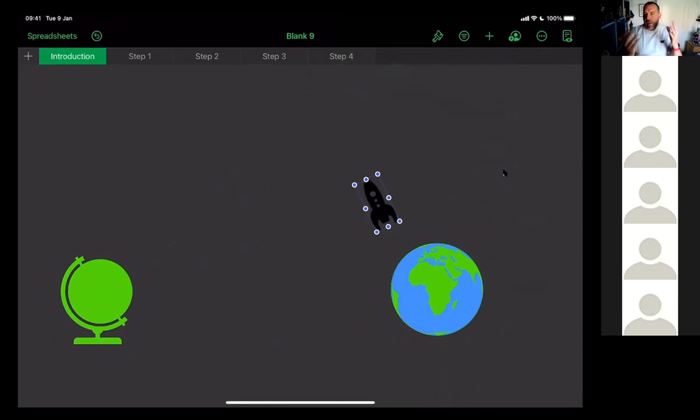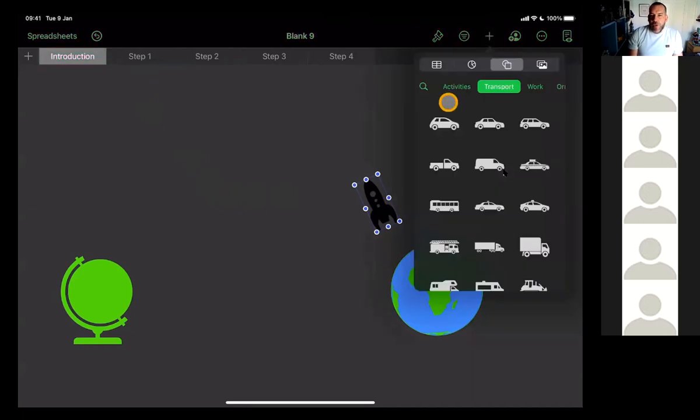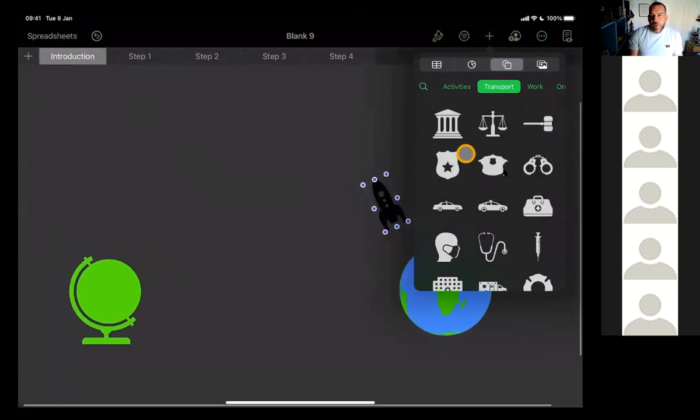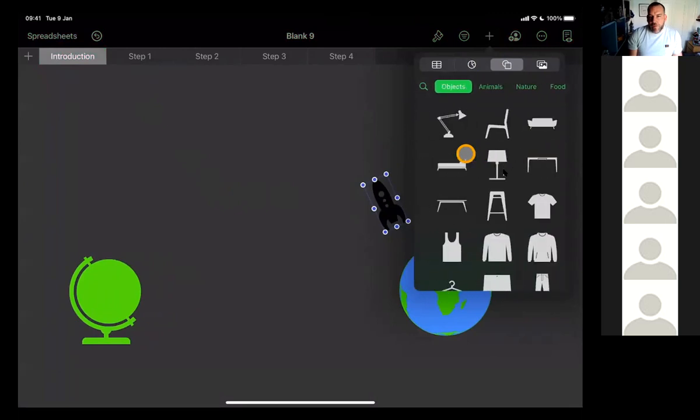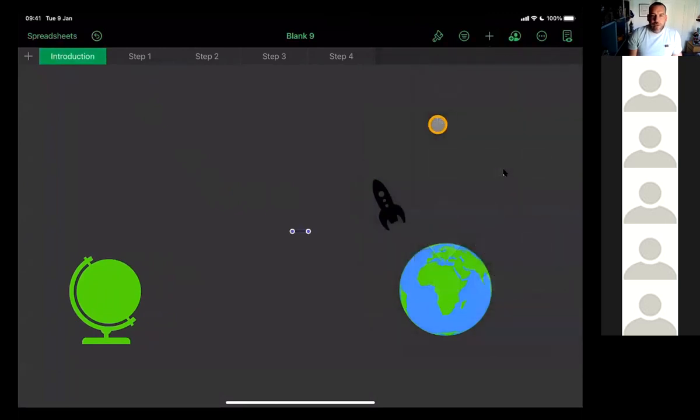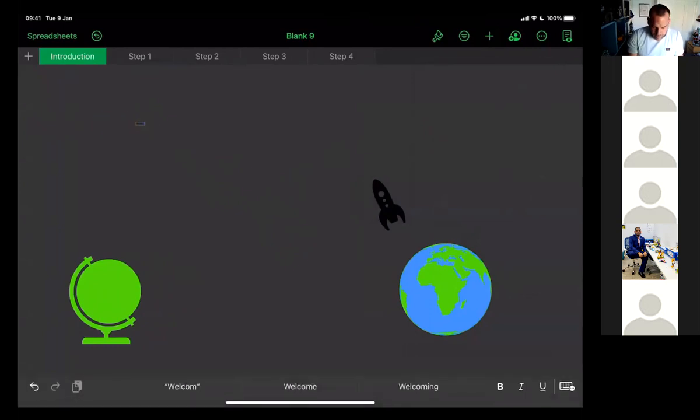Okay, so that's just my intro page. I'd also then add in some text on the page. So if I just jump in and add a text box, I'm not going to build a full resource now, just go through the process of what you would have on each page. So if I just add in a text box, and then I'll just type: welcome to the session. We will be